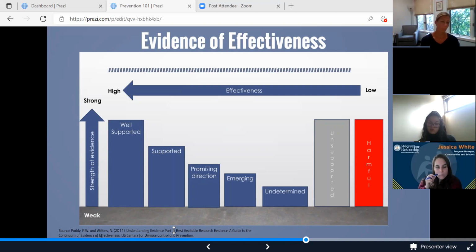So our effectiveness is going to be low if our evidence is either harmful or unsupported. Strength of evidence is always, you want your strength of evidence to be high, your effectiveness to be high in order to have a well-supported program. Programs that are low in effectiveness are not only harmful and not of much use to the coalition's efforts, but they can also be a great waste of time and valuable resources that the community may not have a lot of if we're working with communities that may not have a lot of resources, a lot of socioeconomical capital.